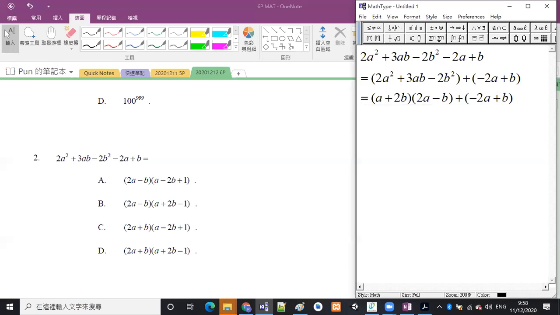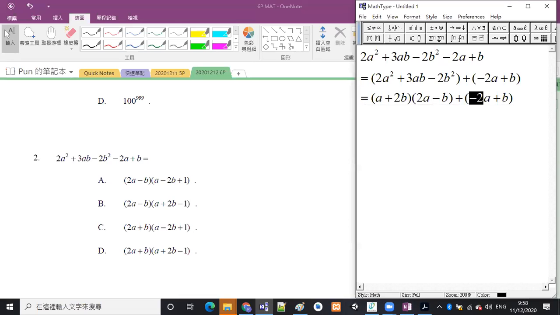You just use the formula one and then build up the two brackets. Or if you are familiarized with the cross method, you just use the cross method to factorize the bracket into brackets. Okay? And then 好啦，如果你做到呢一步嘅話，我相信你哋後邊呢個 step 咧都應該係耳熟能詳噶啦。Can you see that we have a factor 2a minus b in the first